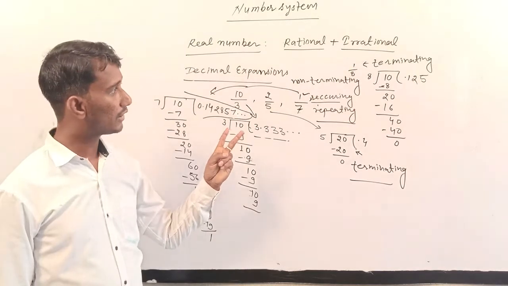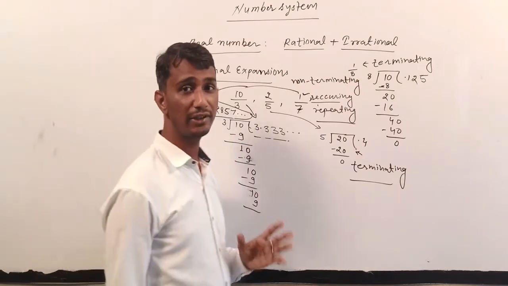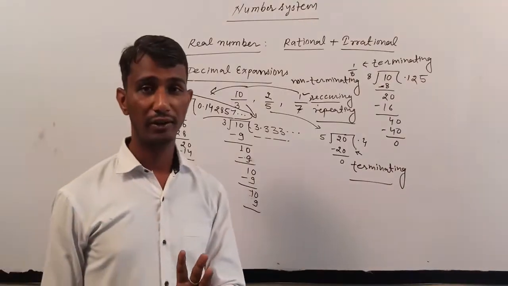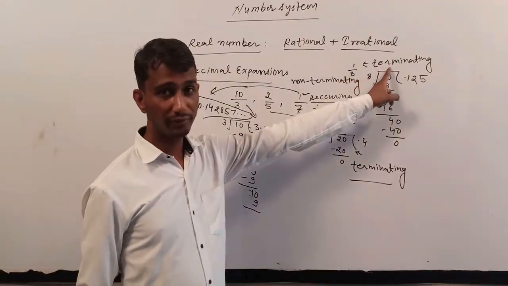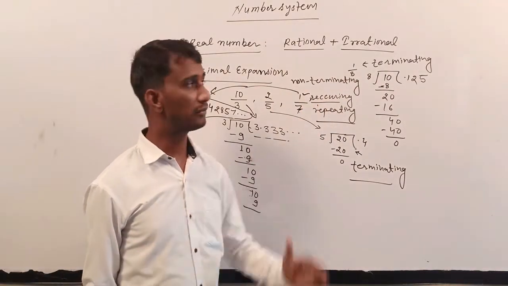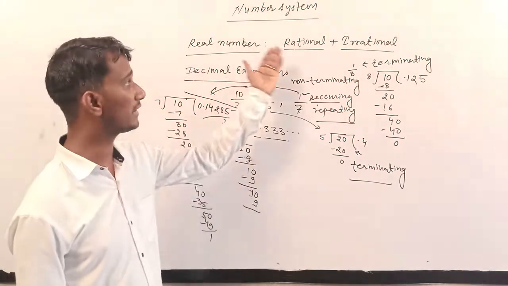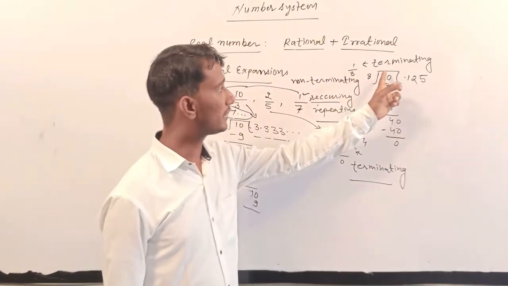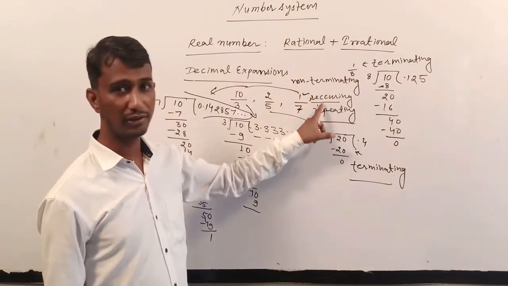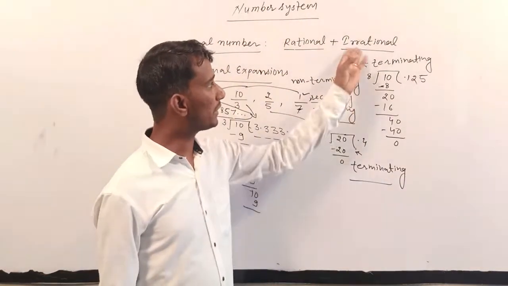So dear student, you can make a definition of rational number. This is another definition of rational number: if a number has a decimal expansion that is terminating or non-terminating recurring, such numbers are rational numbers. Understand? According to decimal expansion, you can define rational numbers. If the decimal form is terminating, this is a rational number. If the decimal expansion is non-terminating recurring, this is also a rational number.